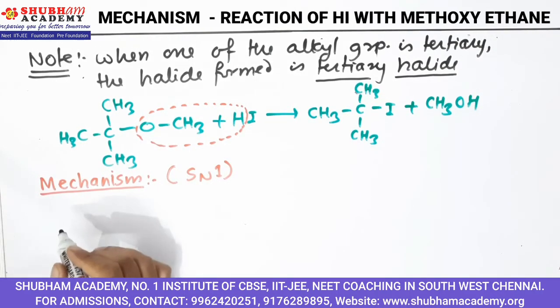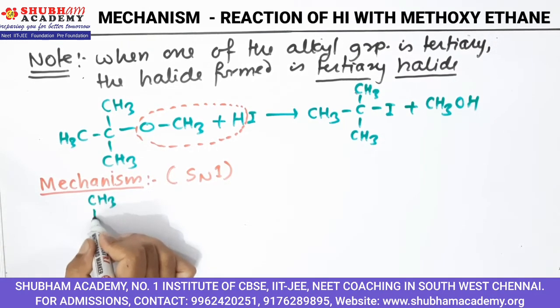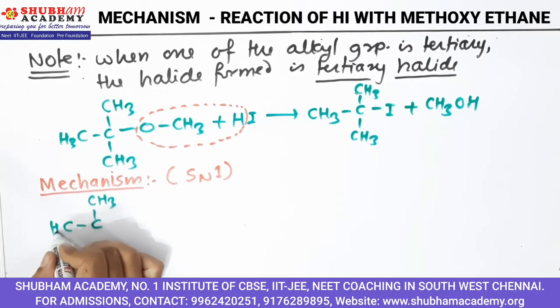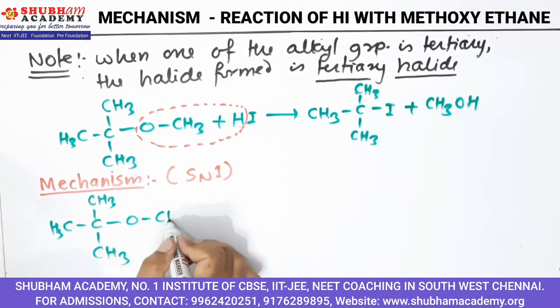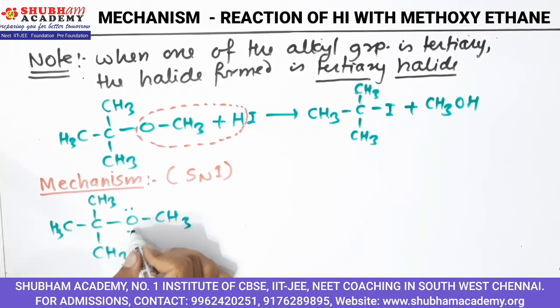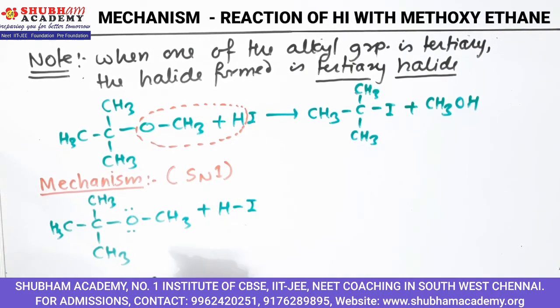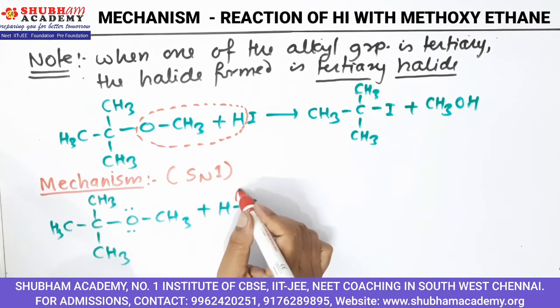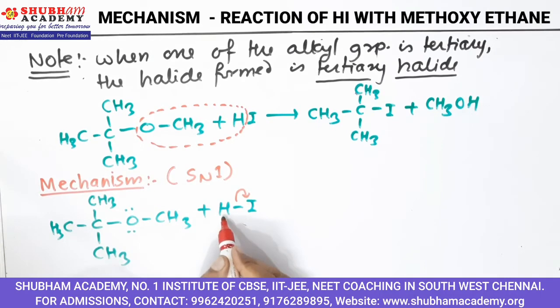So, I have CH3, CH3, CH3, OCH3. This is combining with a molecule of HI. The bond is broken in this direction. As a result, I get H plus and I minus. The H plus coordinates with this oxygen and I get